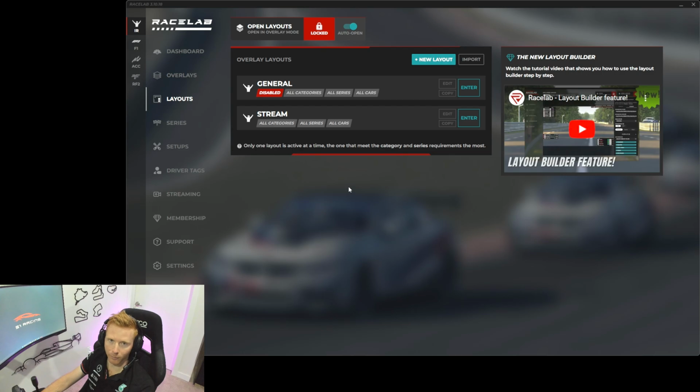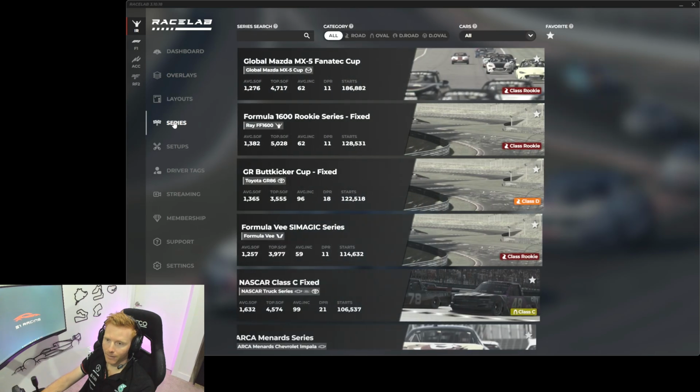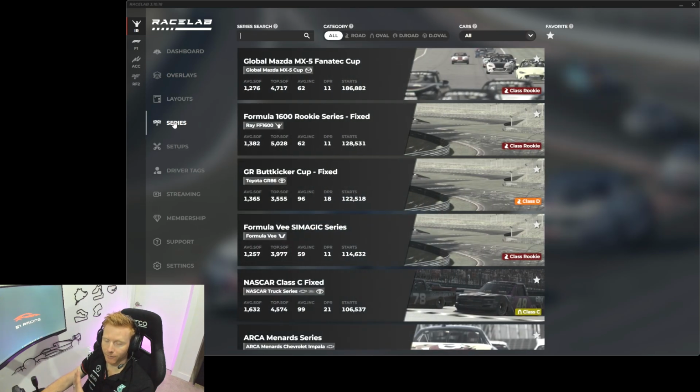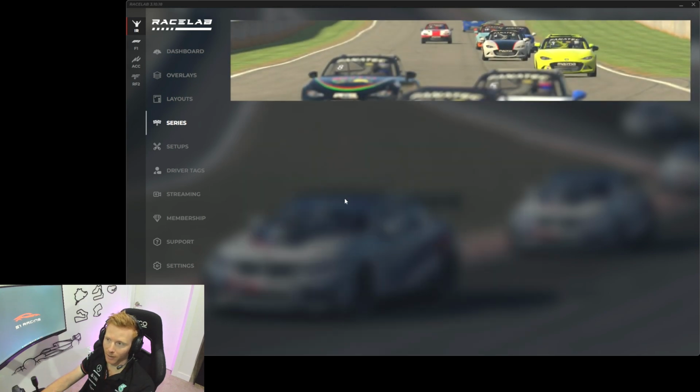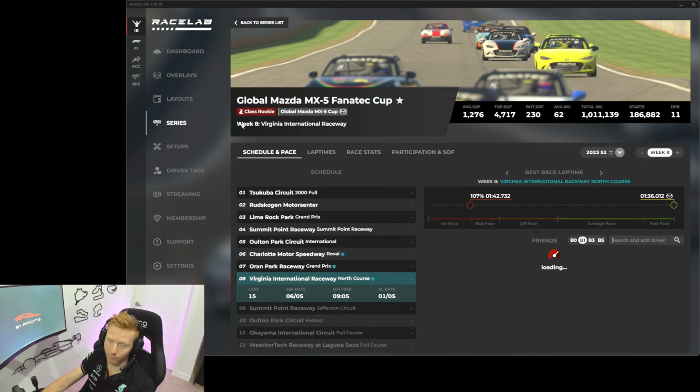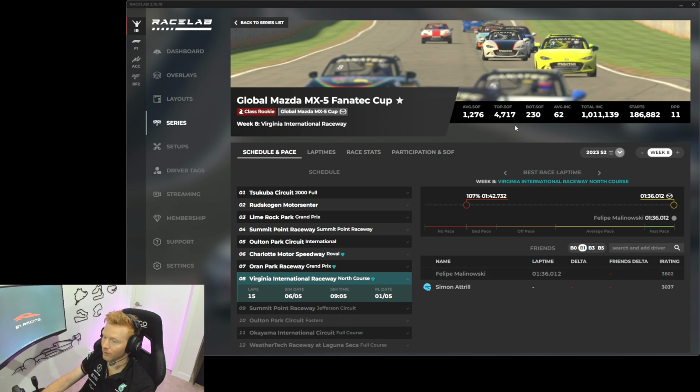So we'll explore this a little bit later. The Series tab is an opportunity for you to look up a particular series in iRacing and see a range of information about it, such as where they are running this week, what the average strength of field is, the top strength of field, and much more information about series that you're either currently running or would like to